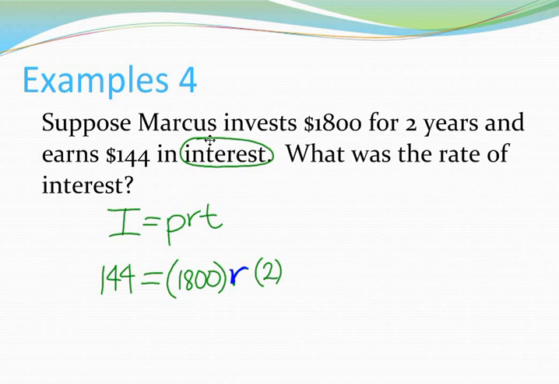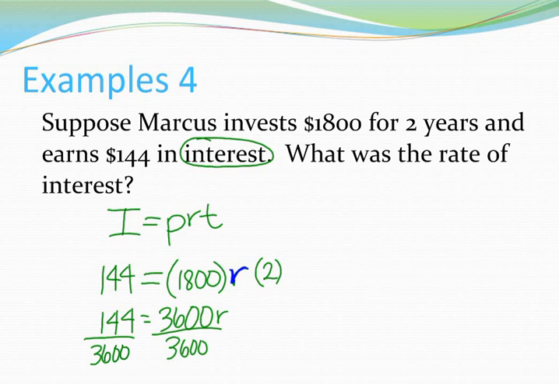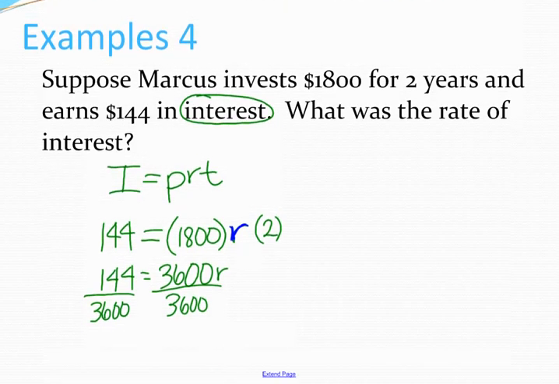First, you're going to multiply these things together and simplify this part of the problem. So you have 144 equal to 3,600 R. And then you want to solve for R. You do that by dividing both sides by 3,600. This cancels out, and you're left with R equals